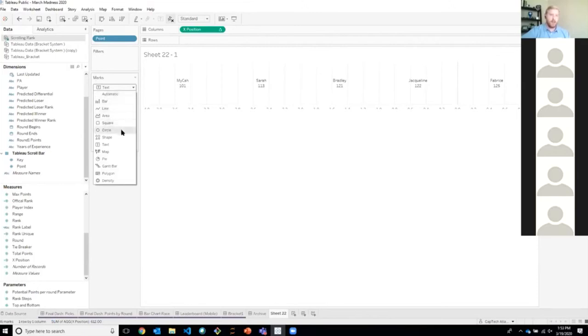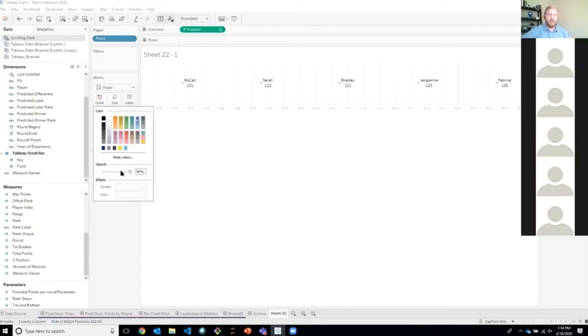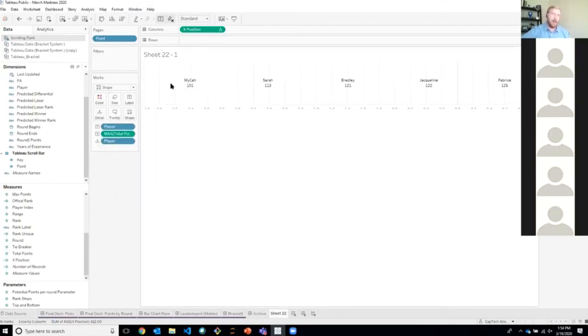So to get around that, we simply changed it to a shape, and then minimized the shape to where you couldn't see it, and changed the transparency. So now there's a shape behind that, but you don't see it. And then if I were to publish this, you would get the full bar chart animation and actually get to see it cycle through the way you saw it on the dashboard.